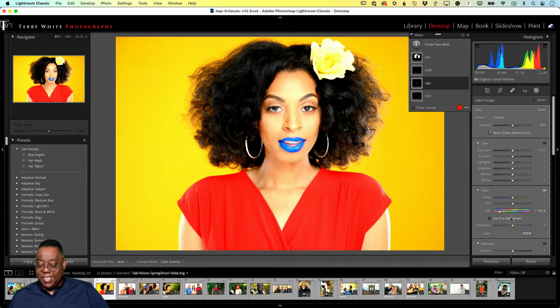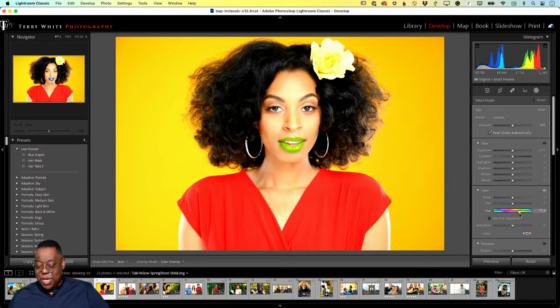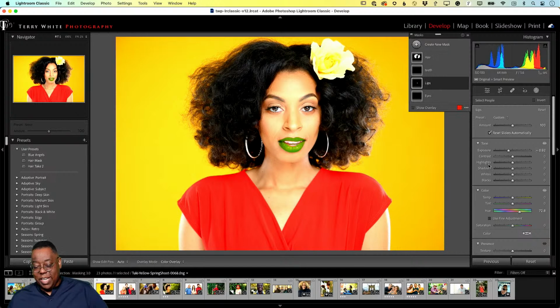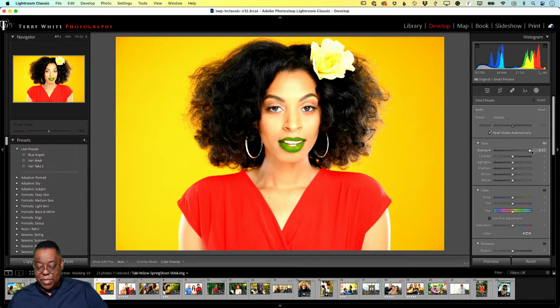So, yeah, this is game changing. I remember when I first saw 2.0 and I thought that was game changing. This couldn't be more game changing for not having to do all that work manually. So whatever it is you need to select, you've got a way to do it. You want to brighten someone's teeth, you've got a teeth selector. You can either bump up the exposure, don't go too far. You can reduce the yellowing, you can do whatever you need to do. Her teeth look great, so I don't even really need to do this, but just letting you know that, again,